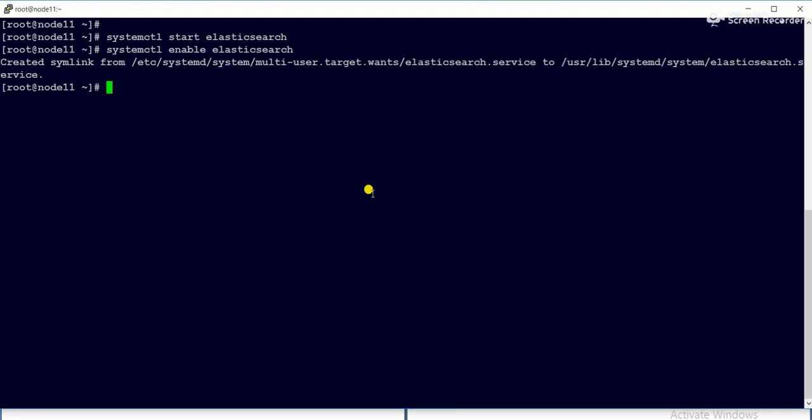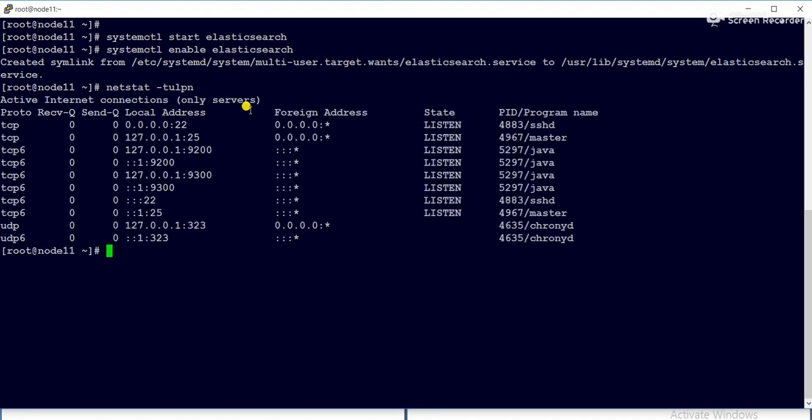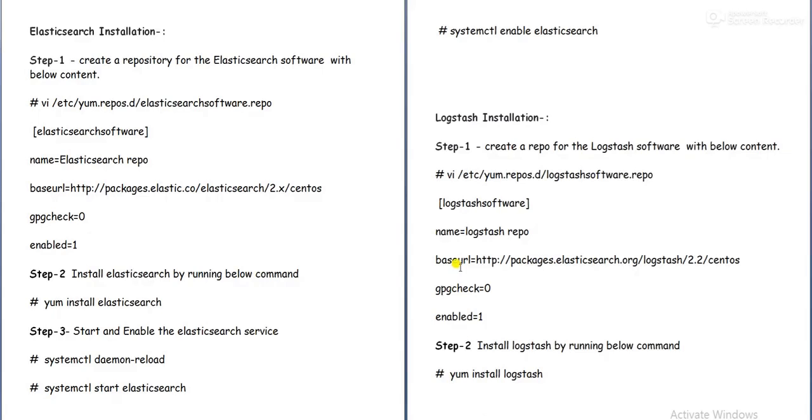Elasticsearch listens on port number 9200. Let's run netstat -tulpn. Now it is listening on port numbers 9200 and 9300. So now the Elasticsearch installation got completed.